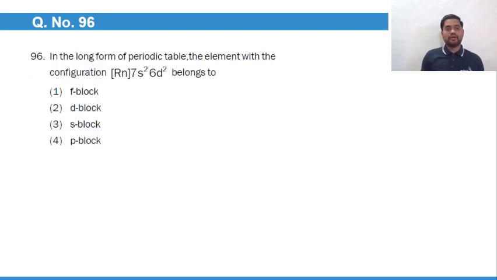96. In the long form of the periodic table, the element with configuration this. Okay, so which belongs to what? So first of all, what is the atomic number? Radon. So it is helium,